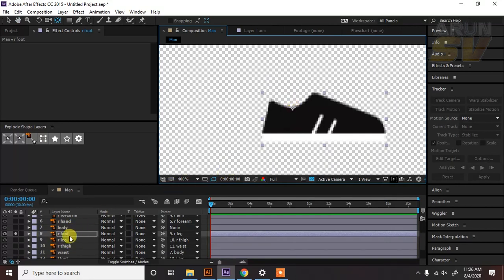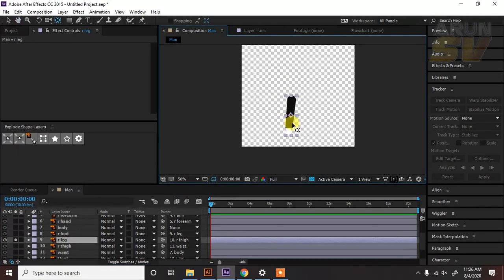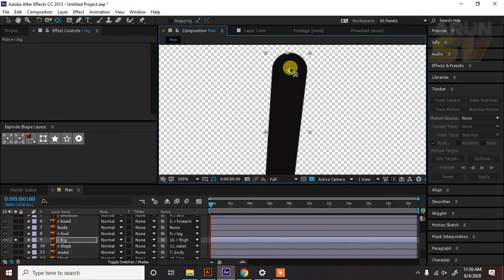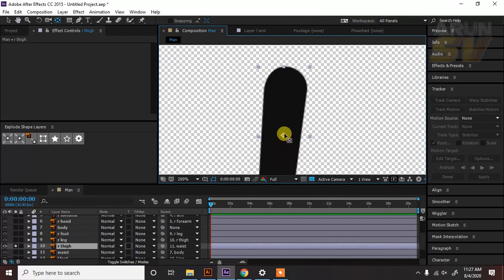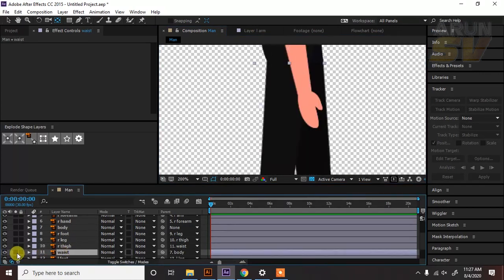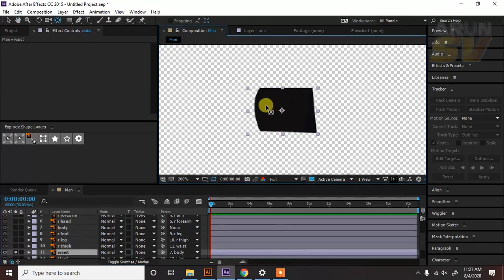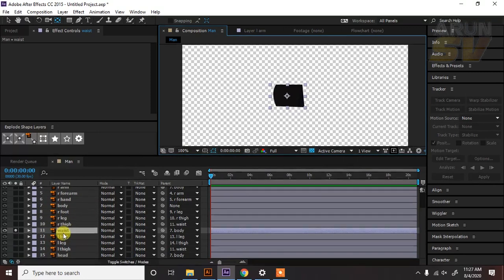Then go to right leg, then for the right thigh, simply locate it. Then for the waist, we place the anchor point at the center because it is the root of the body.